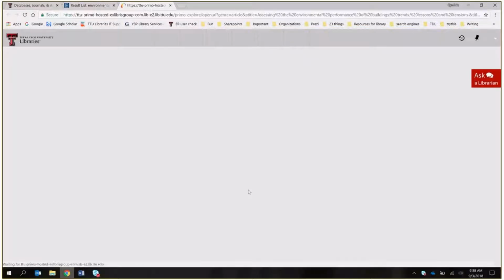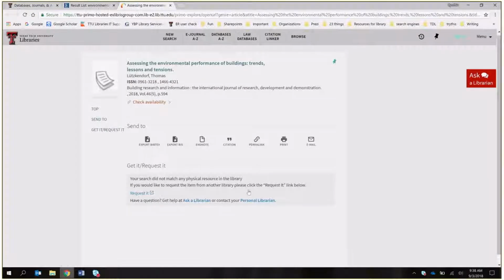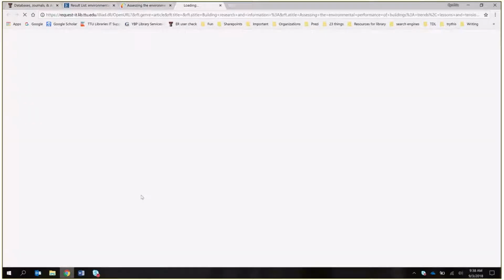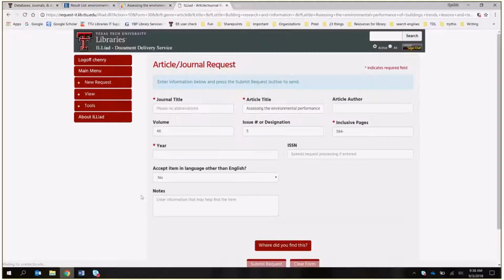So it's looking at our links resolver, and what is it going to tell us? Oh, this is perfect. We did not find it, so we need to request it. So I'm going to click on this, and it will open my document delivery account. I may have to sign in. Let's see what happens here. Oh, I must have already been signed in at some point, so it allows me to go straight into my